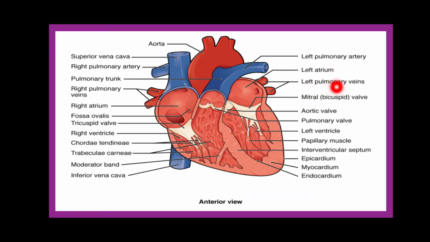Now, as we have discussed earlier also, though these are veins, these are red in color, that means these are carrying oxygenated blood. So this is an exception, since these carry oxygenated blood, though these are veins. And again the pulmonary artery, left and right, these are again the exceptions, though these are arteries, these are carrying the blue, that is deoxygenated blood. So this oxygenated blood is received by the left atrium, and now this is supposed to pass this blood to the left ventricle through the bicuspid valve.